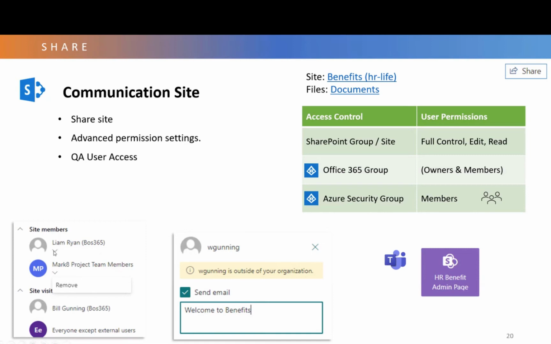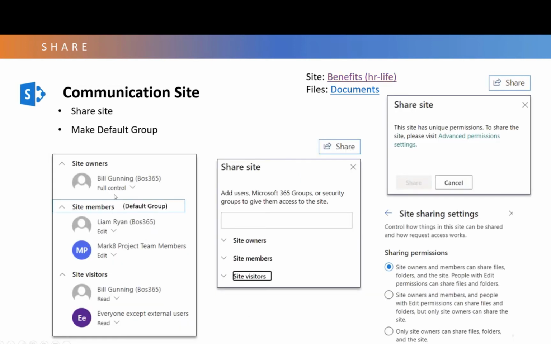Sometimes I had owners who can click on a group up here, like click on this person. I had an owner come in here and click on a visitor by accident. They clicked on this little down arrow and they brought them to a member without knowing it. I had them take this group here and bring it from a member down to a visitor without knowing it. They were just clicking and did a slide and didn't notice they did it.